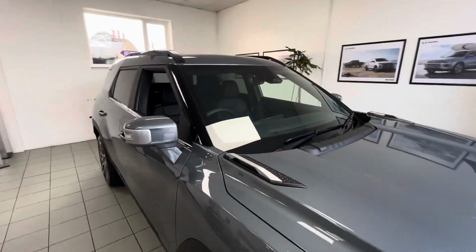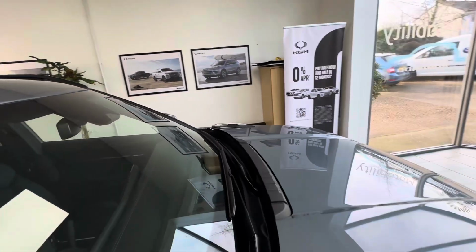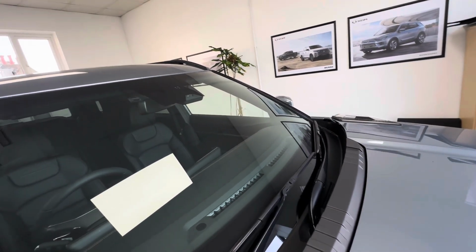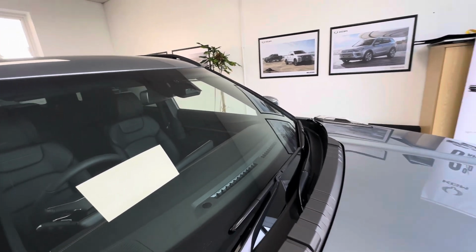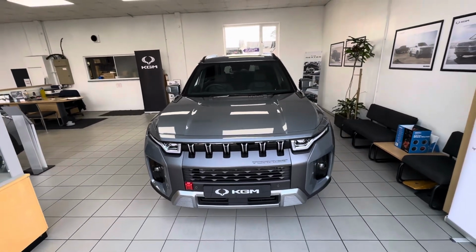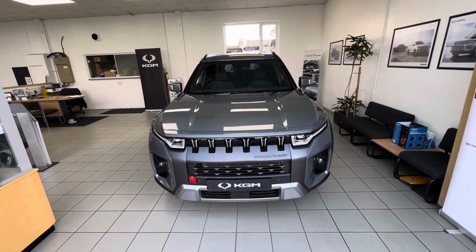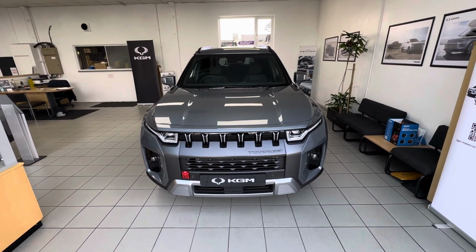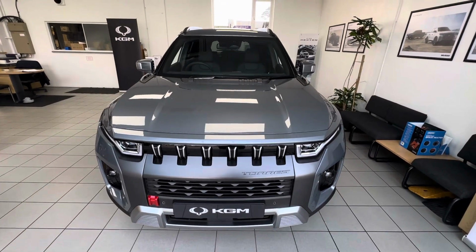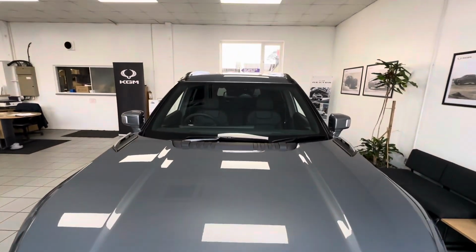So okay. This is the little camera that picks up the road markings. So that actually helps with all the smart safety features that you get with this vehicle. So you have got what we call autonomous emergency braking, which helps avoid or minimise the risk of a collision by detecting slower moving or stalled vehicles and warning the driver in advance. Again, it will warn you again if you get a bit closer to the vehicle. It will warn you again and put charge in the brakes. And if you get too close to the vehicle and the car doesn't think you'll stop, the car will brake